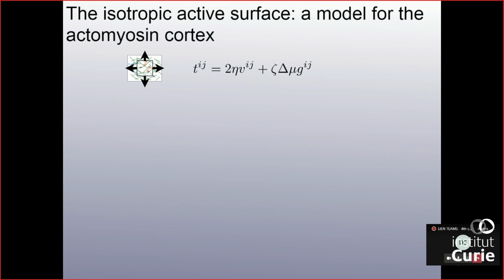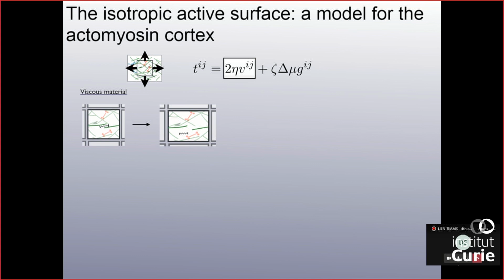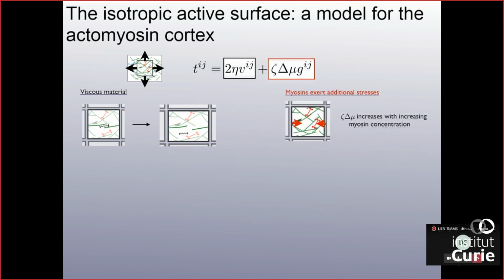which means that it's isotropic, it's the same in all directions. Okay, and this equation can be used to describe the flows of the cortical actin on the surface of the cell. And why? Because one expects this network to be fluid, because it's a polymer network. If one stretches the polymer network, there are cross-linkers which are going to detach and let the material flow. So there is in principle no elastic stress that remains because of turnover, the replacement of the material. And also because there are these myosin molecular motors which are working out of equilibrium using the energy of ATP hydrolysis to generate